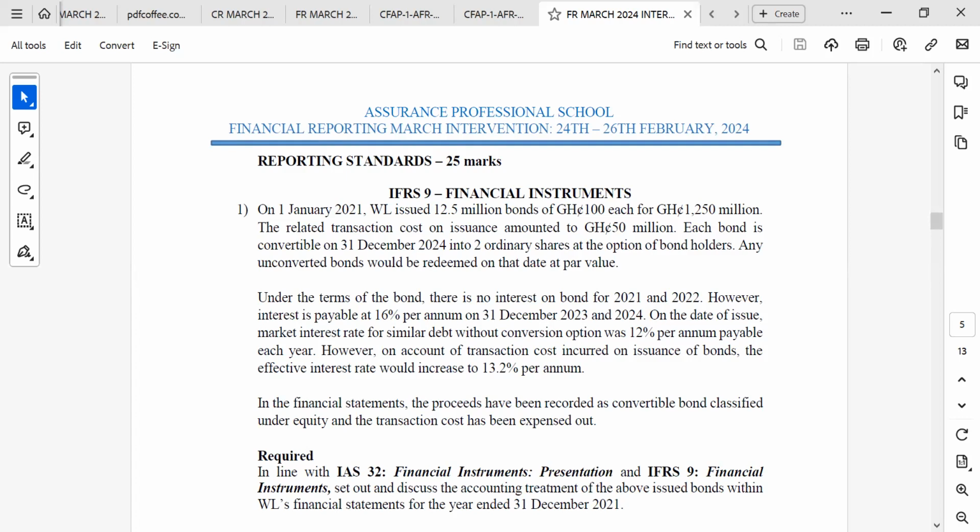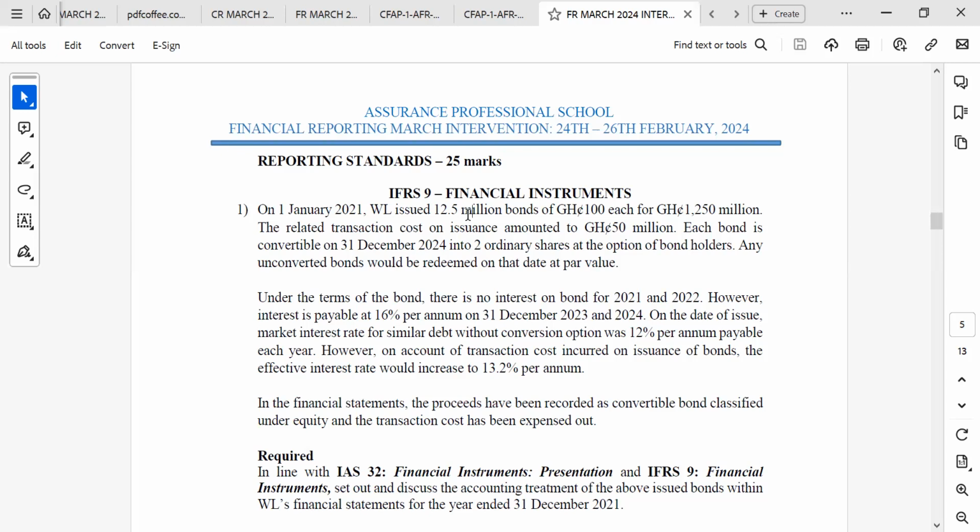All right. So this is under financial instrument, isn't it? Yes, sir. Which type of instrument is that? It's a hybrid. Convertible. Okay. So what we do is that we find the debt component and also the equity component. The debt component is the one that you have to find first. It is the easiest one. The debt component is just the present value of all the cash flows that the holders will be receiving from the